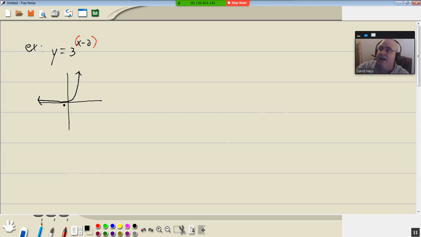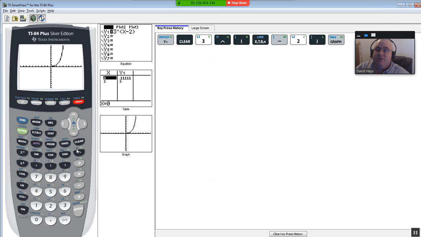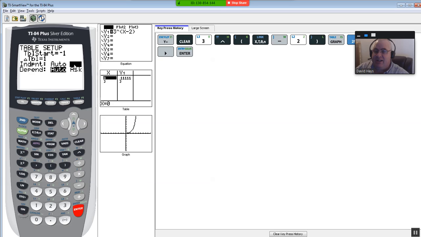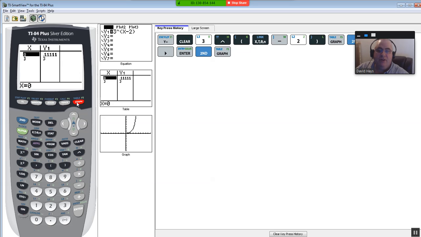Now, depending upon the homework system, some require you to have more precise graphs and just generally what it looks like. If you need precise points, you can go to the table. But first I do table setup. If you do second window, you want independent to say ask. If it doesn't say ask, you down arrow, and then right arrow to ask, and then you press enter one time. And that'll change the highlighting to ask. Now if you do second graph to go in your table,